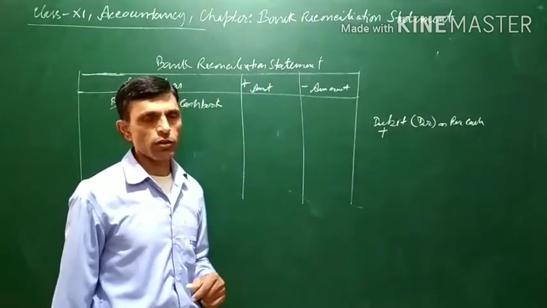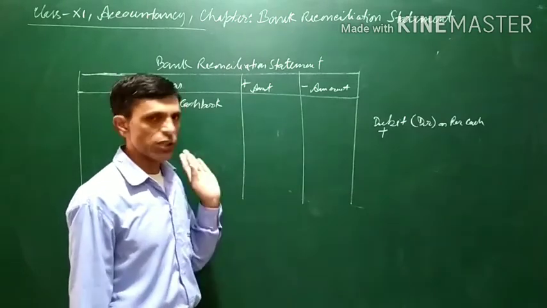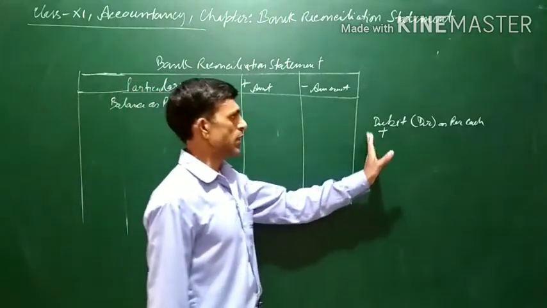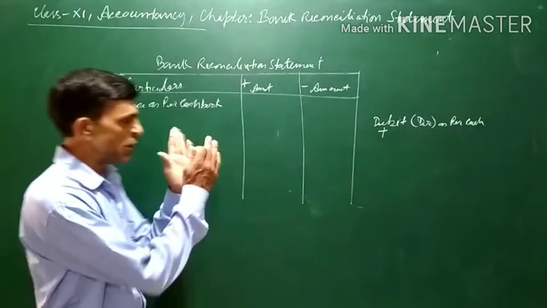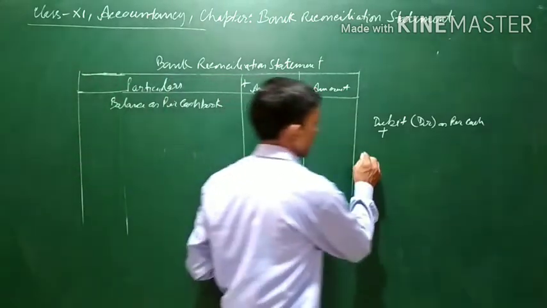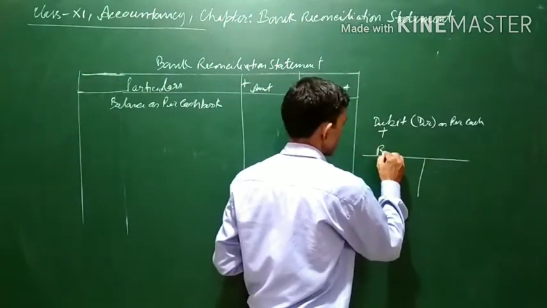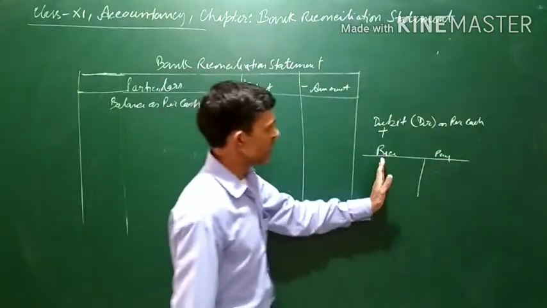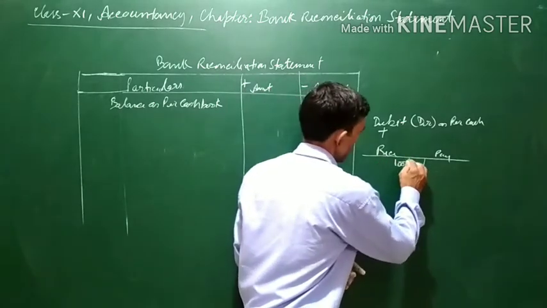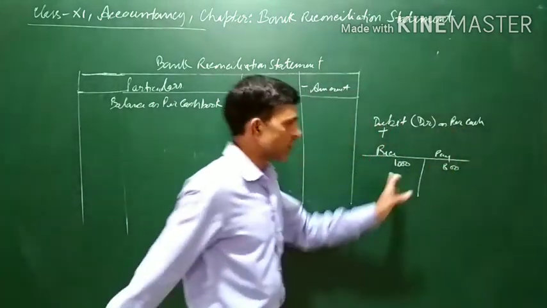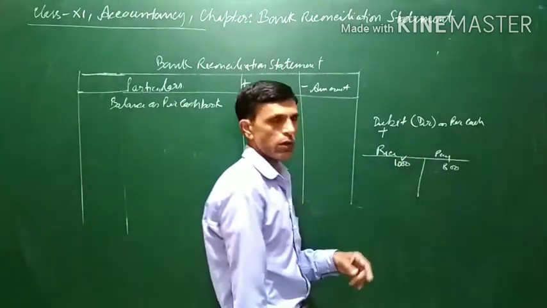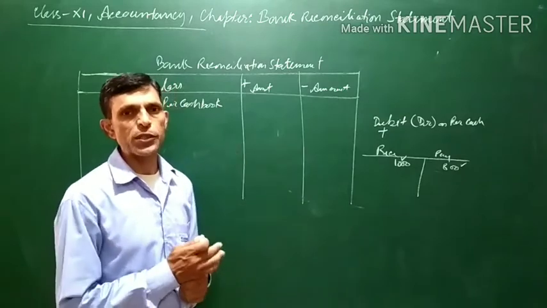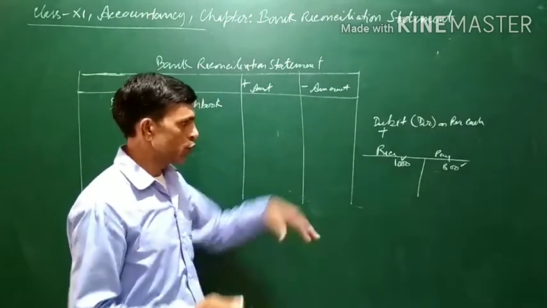If it is given in the question debit balance as per cash book, it will also be considered as positive balance. Just now I showed you, if the debit side is more, it is known as debit balance, and if the credit side is more, it is known as credit balance. So if it is given debit balance as per cash book, it means the debit side of the cash book, the receipt side, is more than the payment side. I have written here 1,800. You have received this much amount and you have paid 800. Means you will still have 200 rupees as a balance.